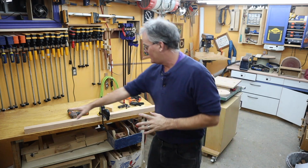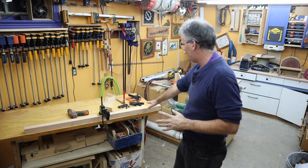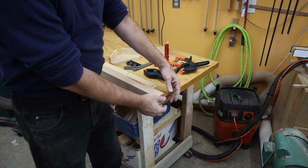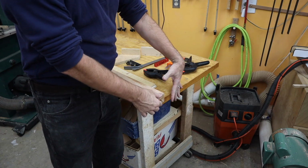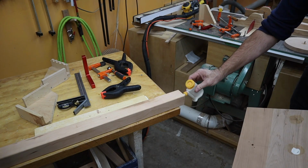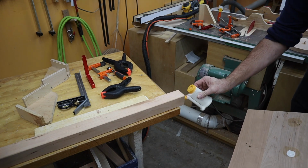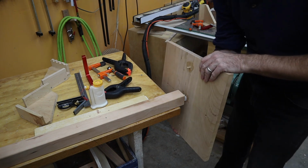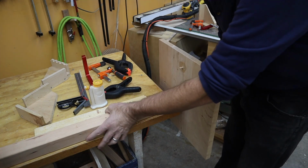And so what I've got is I've got the main pole clamped to the bench. I've got some clamps and squares ready, and I'm going to glue the base onto the bottom. I'm going to put a little glue here in the middle and a little glue here on the end. Probably too much. I got to watch it. I think I'm mostly going to be relying on the screws for the strength. So it's not